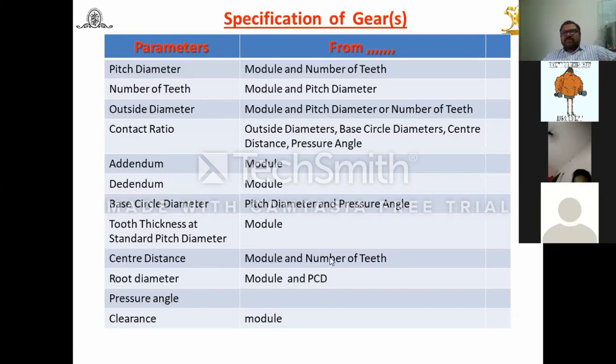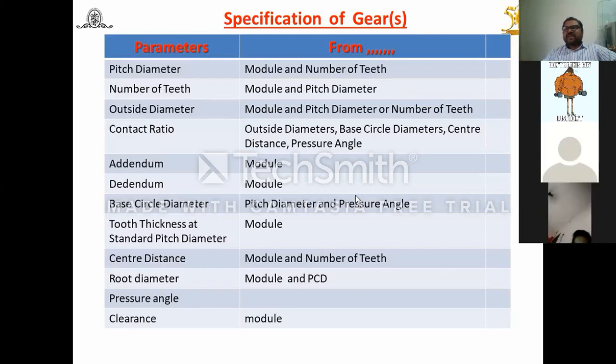But while solving the problem, you might take the minimum number of teeth to avoid interference. T minimum is equal to 2 upon sine square alpha is the formula. So you will get 17 point something, that means that is 18. So you can do the calculation here by using that. But for an industrial application gearbox, you can consider the pitch line velocity table to decide the minimum number of teeth. And again, the pressure angle also decides this. If the pressure angle is more than 20 degree or less than 20 degree, the number of teeth to avoid interference is going to change.